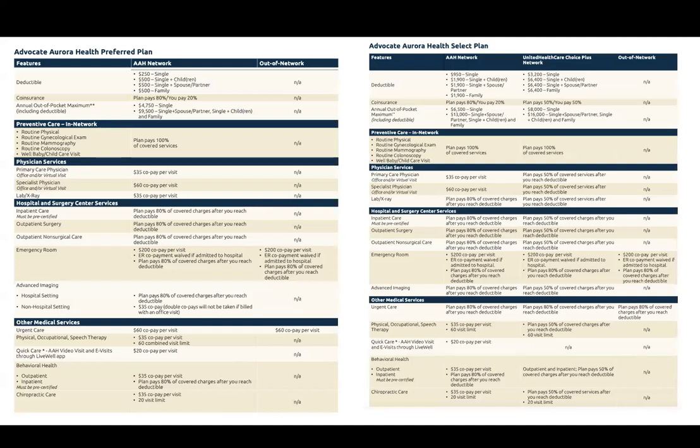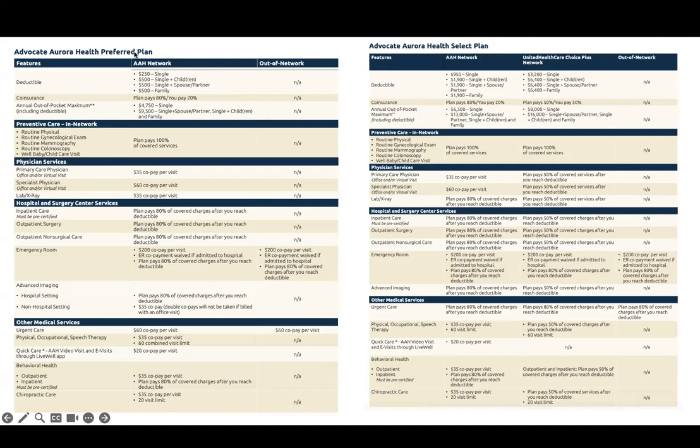So this is a very big slide, and you can review all this on your own time because it's just giving you some rates, like for example, what you would pay in the emergency room. But more how I want you to view this is just realizing that this is the preferred plan on the left side, and this is the select plan on the right side. And the most obvious difference is there's fewer columns, right? So